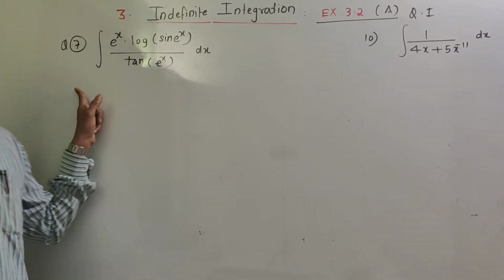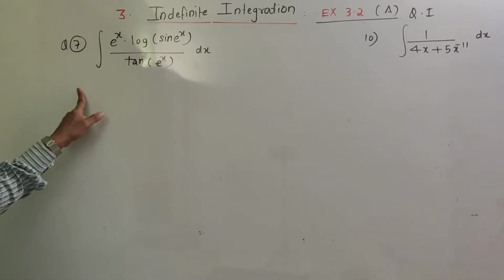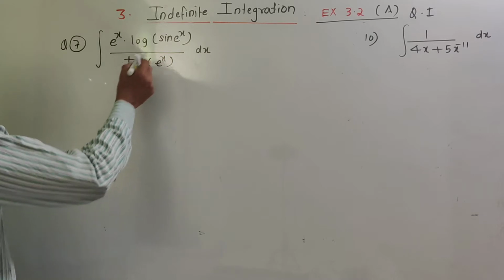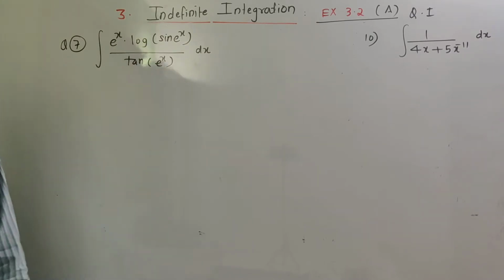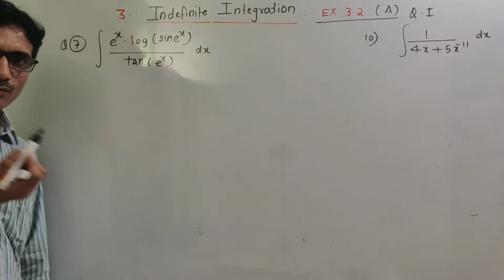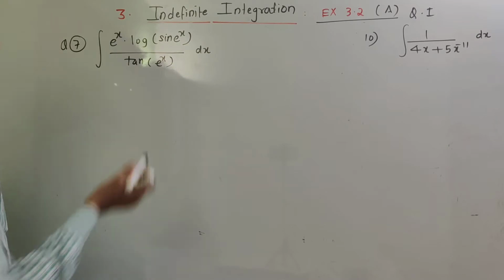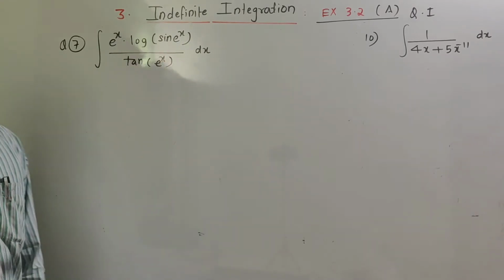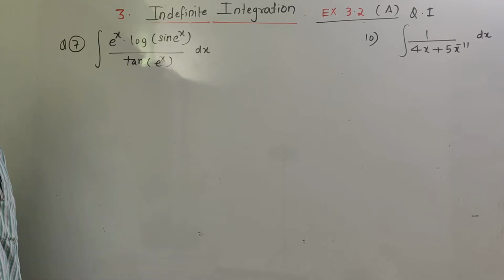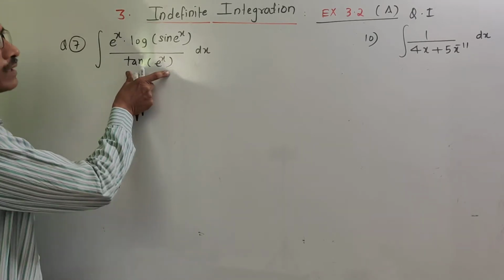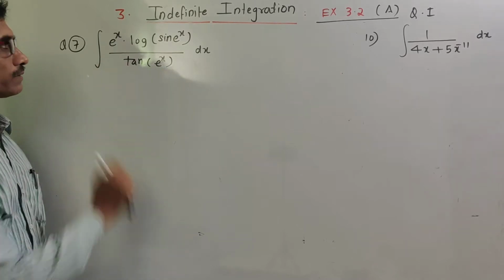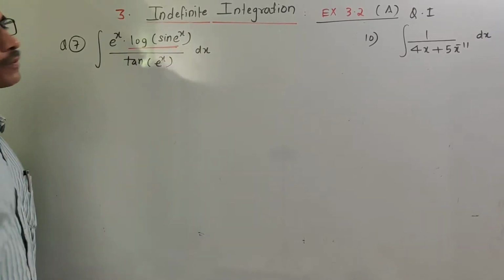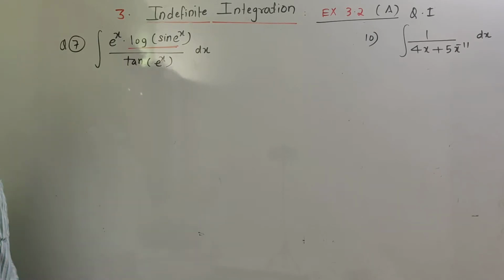Here these are the questions of method of substitution. So what to substitute, you have to observe. That depends on the integrand: there is a function and its derivative. So we make an observation: log of sin. The derivative of log of sin will be 1 upon sin into the derivative of sin, which is cos, so 1 upon tan comes. Therefore we substitute the whole log of sin e raised to power x is equal to t.